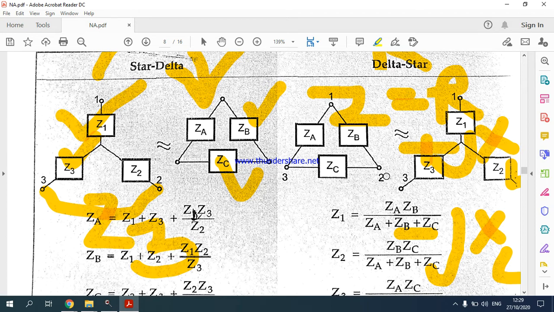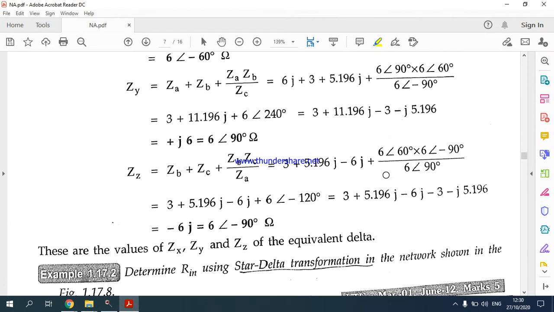You may think that if it is just simple R, it is very simple, and if it is an inductor or capacitor, it is very difficult. It is not like that. You should not worry about whether it is R, capacitor or inductor. Just think that it is a Z. If you think it is just simple Z, all the difficulties you are facing can be solved 100%. Okay, next we'll go with the next concept.